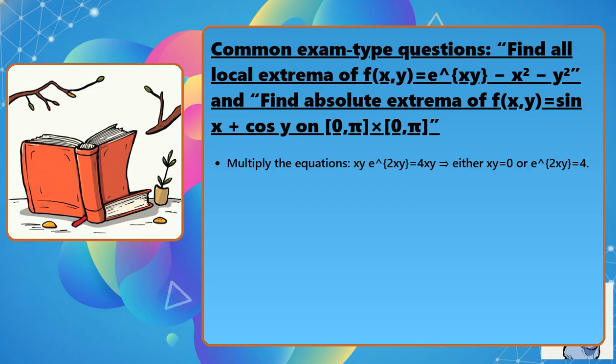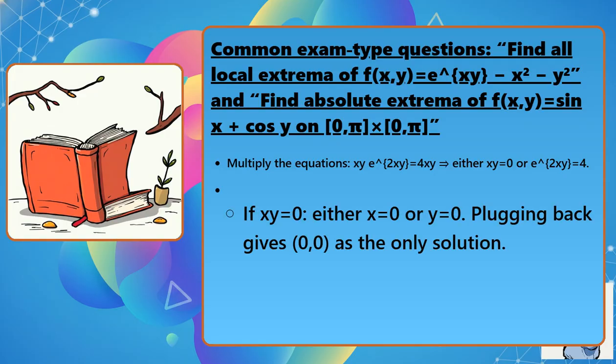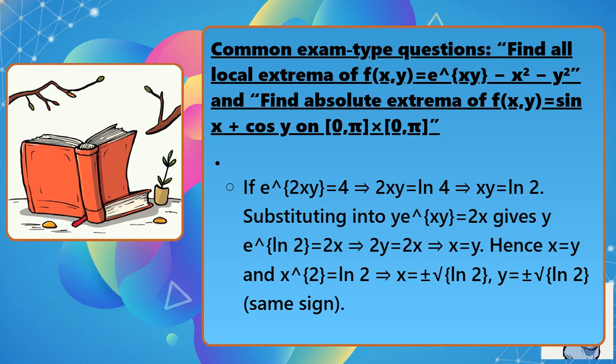xy e to the 2xy equals 4xy, which implies either xy equals 0 or e to the 2xy equals 4. If xy equals 0, either x equals 0 or y equals 0. Substituting back gives the point (0, 0) as the only solution. If e to the 2xy equals 4, then 2xy equals natural log of 4, so xy equals natural log of